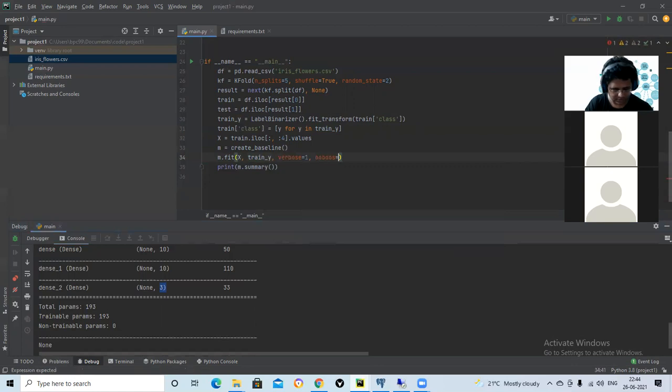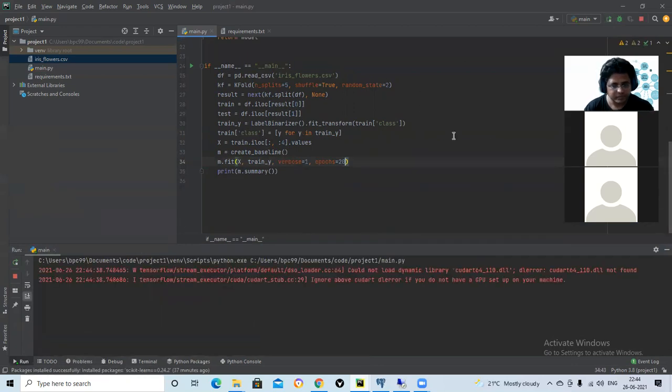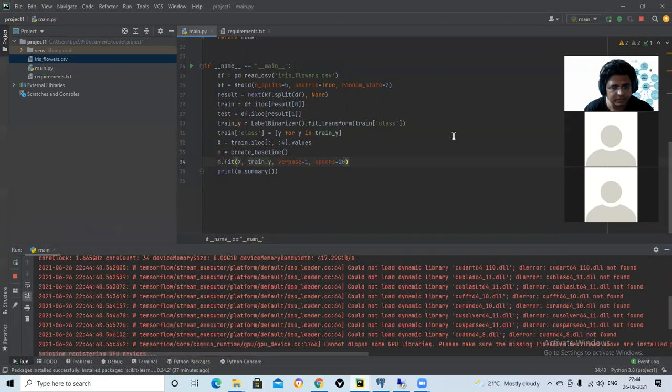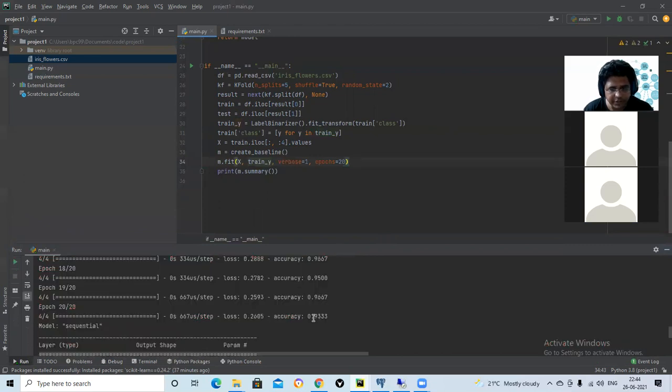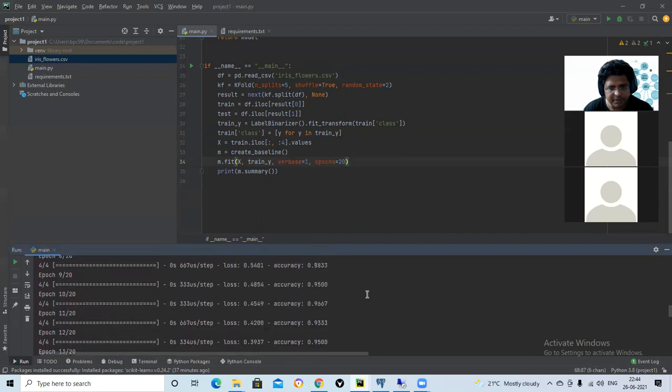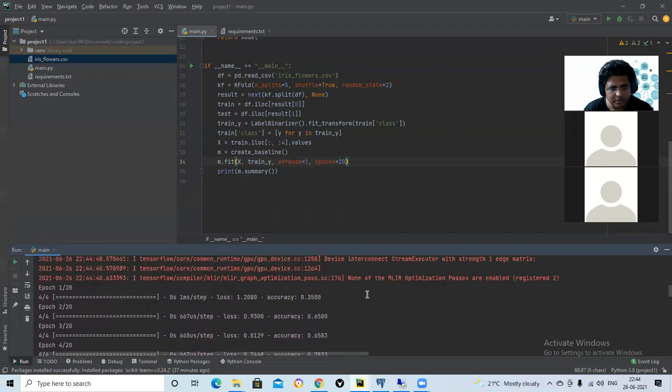Epochs is equal to 20. Let's do it multiple times. So after 20 epochs, it is 93% accurate.